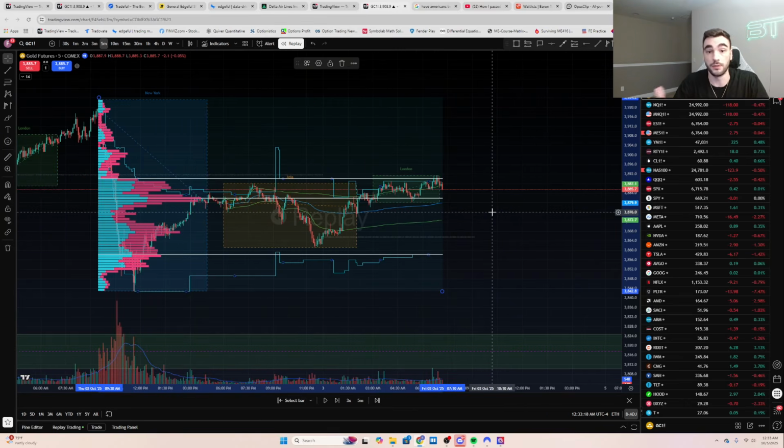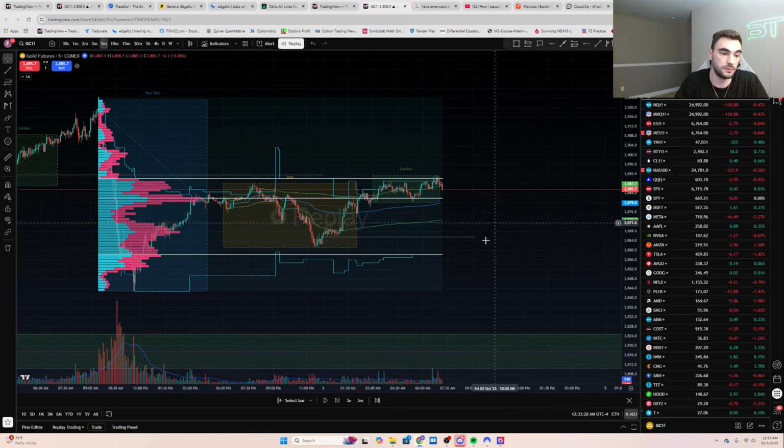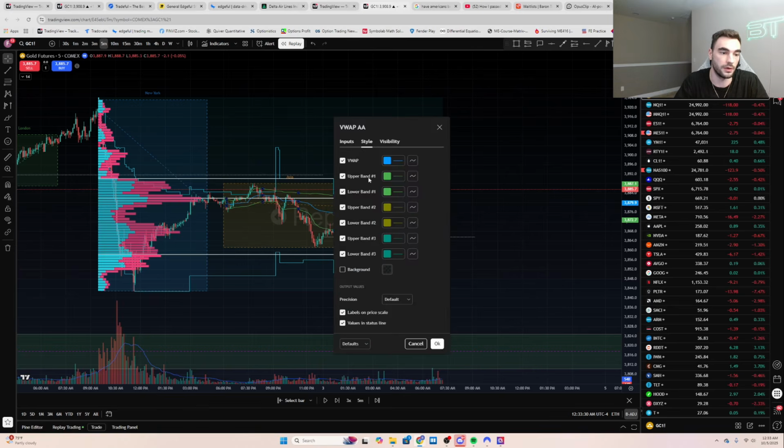The next thing I'm going to look at is my VWAP. Where's my VWAP at? So we are currently above our VWAP. We're right at the standard deviation 1 of the VWAP. It's the upper band. If you're looking to add that in, just go in, apply it lower band, upper band